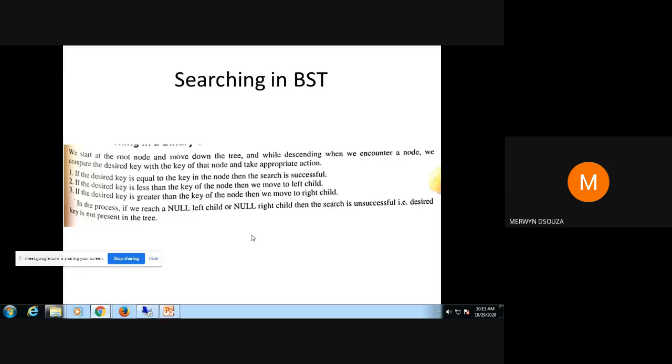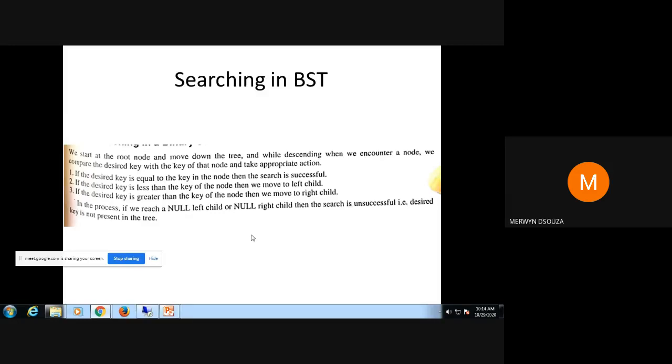Otherwise, if the value you're searching is less than the value of the root node, you move left. Or if the value you're searching is greater than the value of the node, you move to the right. Then you keep repeating these steps till you find the value.